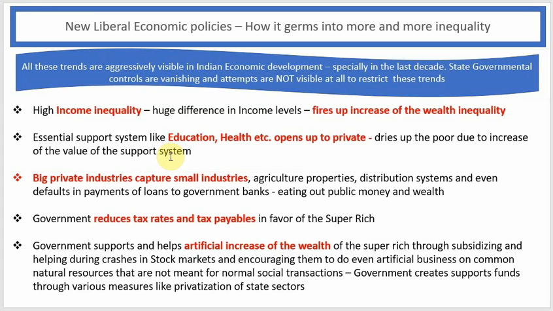The last point which we are highlighting here is something called artificial increase of wealth. How does it happen? You see, through subsidizing. Basically, during crashes in stock markets, or the government encouraging them to do even artificial business in the derivative sectors and the commodities, and then they play derivative speculations even on natural resources, which should never go in their domain. And the government creates, in fact, support funds whenever there is some crisis,